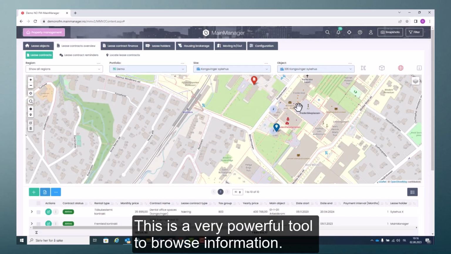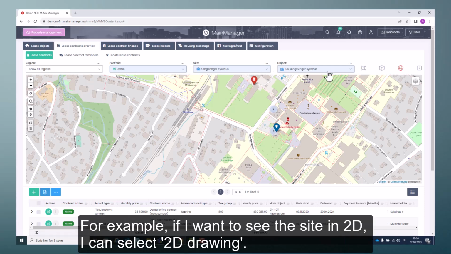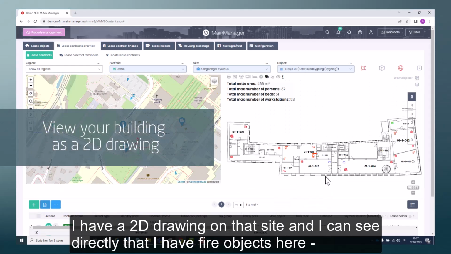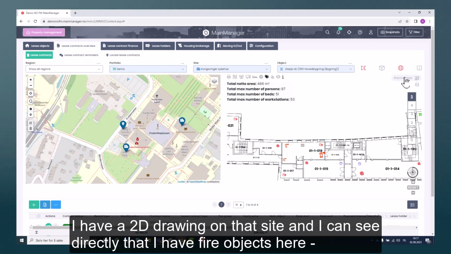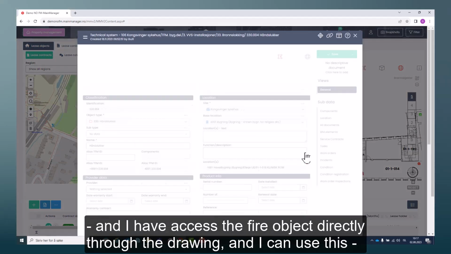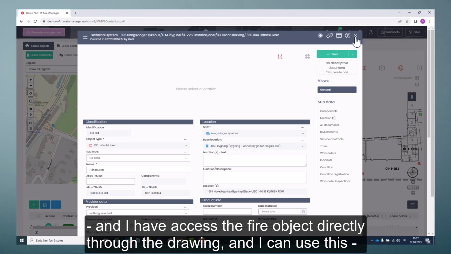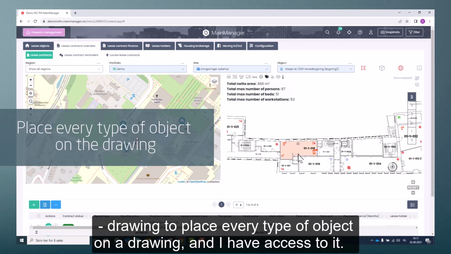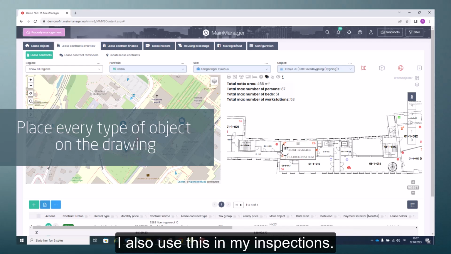This is a very powerful tool to browse information. If I, for instance, want to see the site and I want to see some 2D drawing, I can choose 2D drawing here, and here I have a 2D drawing on that site, and I can see directly I have fire objects here, and I have access to the fire object directly through the drawing, and I can actually use this